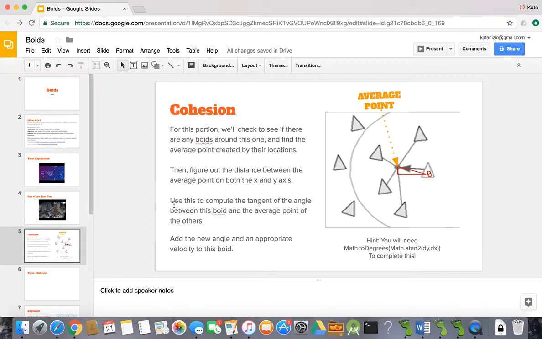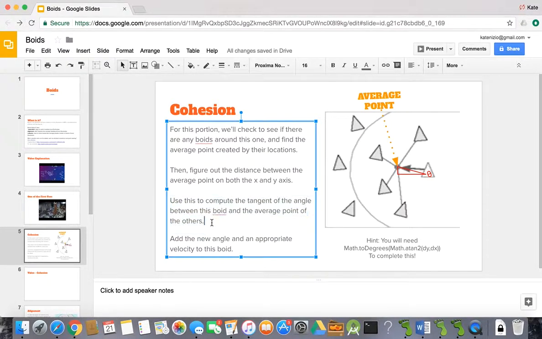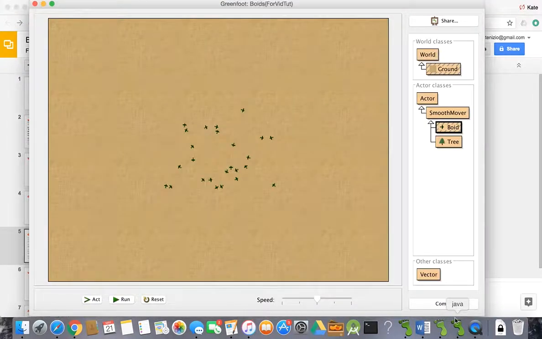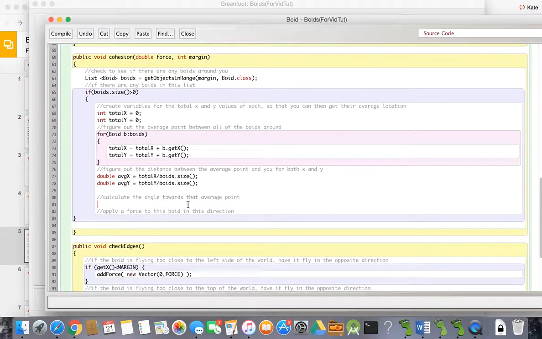Okay, so we're already on this step. Use this to compute the tangent of the angle between this Boid and the average point of the others. So we're figuring out the angle. So let's head back here. So calculate the angle. Let's try this out. So it's going to return an integer angle back to us. int angle equals Math.toDegrees, and then we're going to do Math.atan2, and we're going to send it